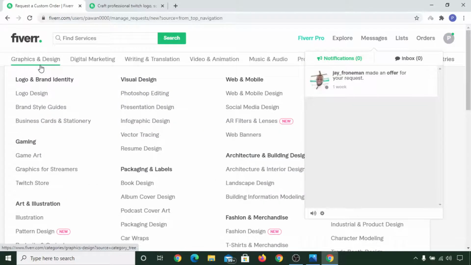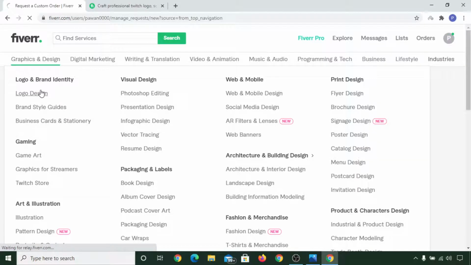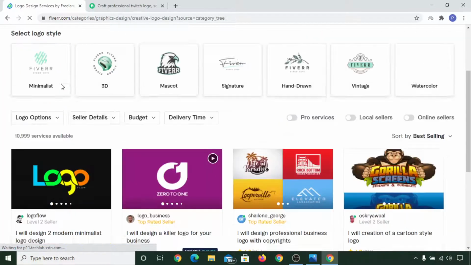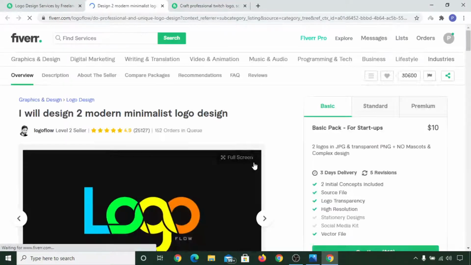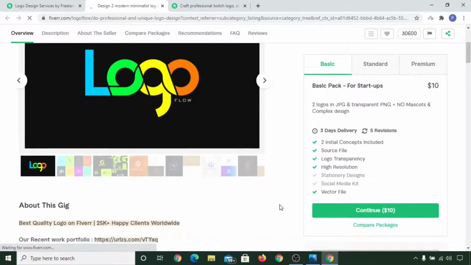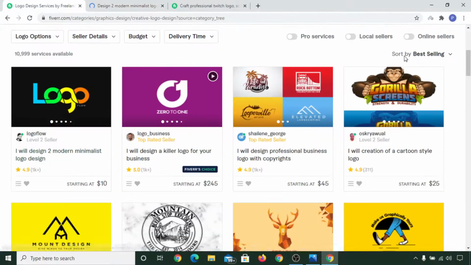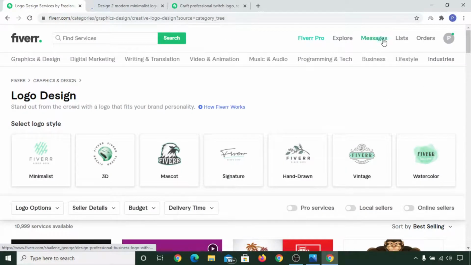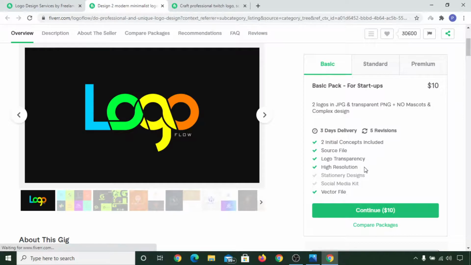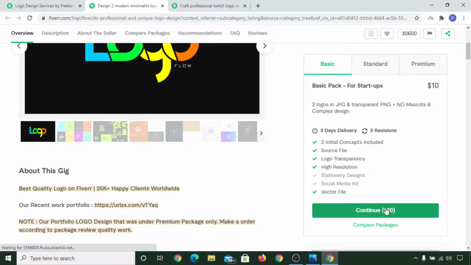So once you receive the offer, let's say you want to purchase any gig that is being offered to you in this message, then you can simply click on Continue.